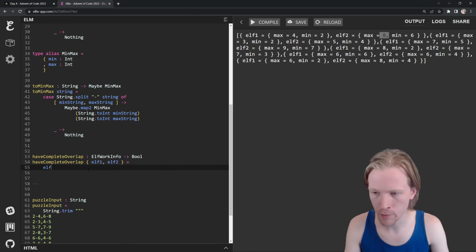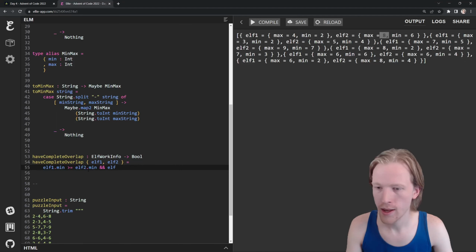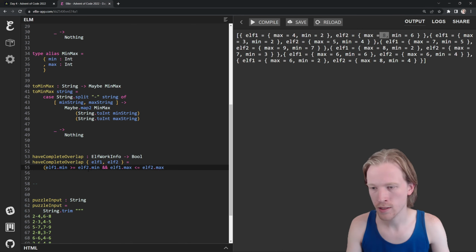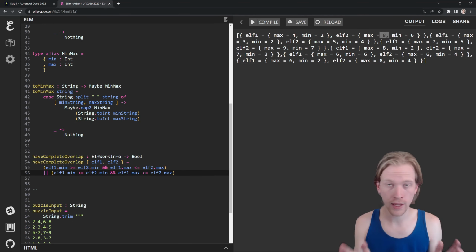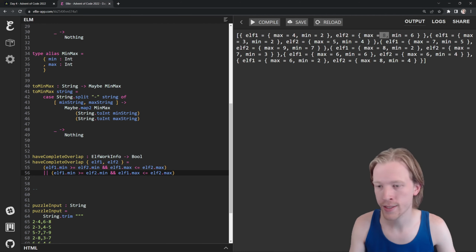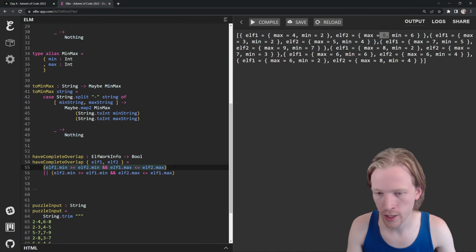So I guess we'll just type it all out. So elf1.min greater than or equal to elf2's min. And it's important that both of these conditions are true. Elf1's max is less than or equal to elf2's max. So that's condition 1. That's a situation with complete overlap, or it's still overlap if elf2's work is a complete subset of elf1's work. So even if we switch the elves here, it's the same logic here,